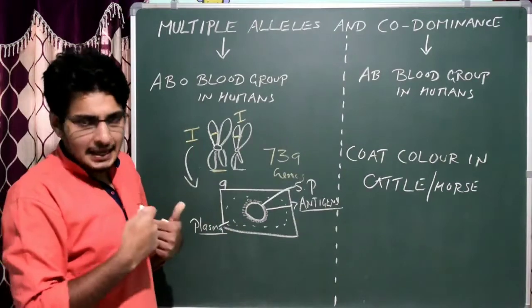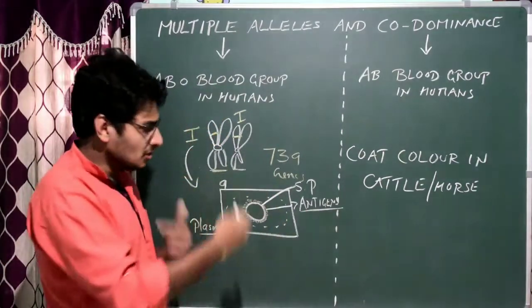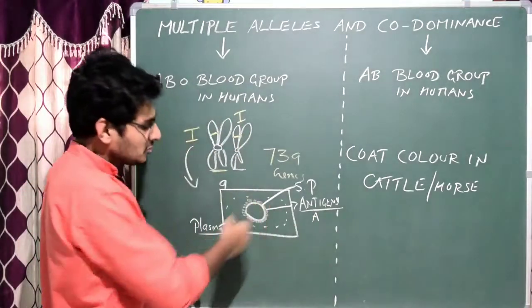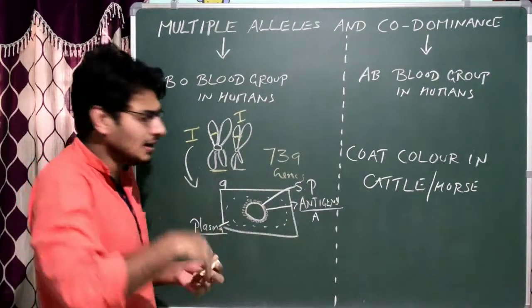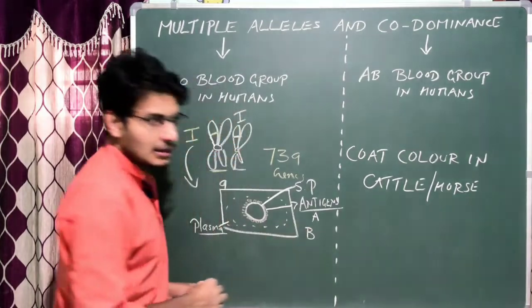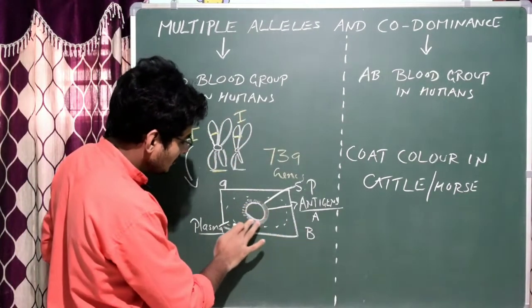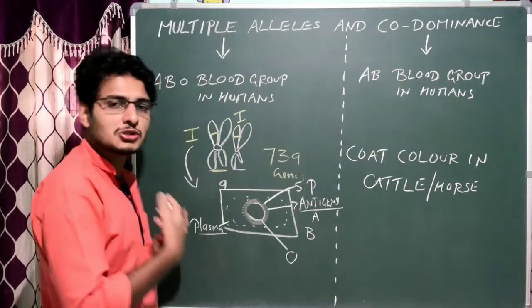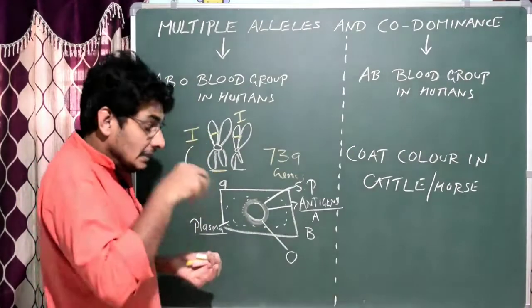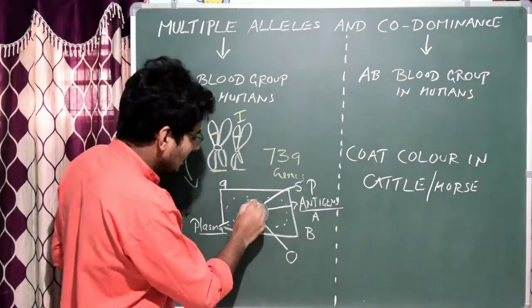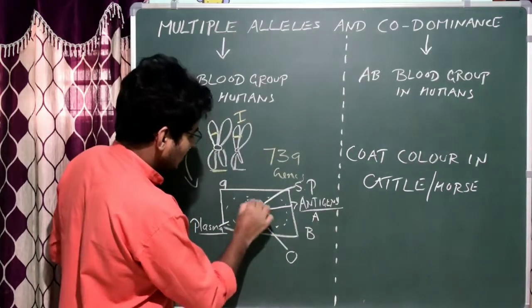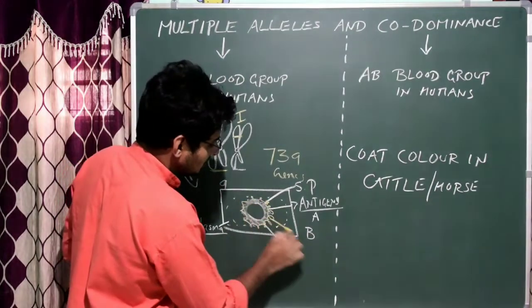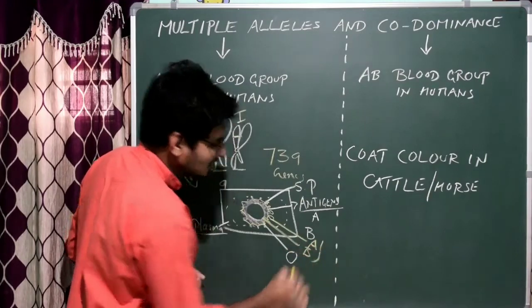If my blood group is A, it produces a type of surface proteins or antigens which is called A. If my blood group is B, then the surface proteins or antigens change, its protein is different and we call it B antigen. If it doesn't produce any surface proteins on its body, that person is O, which means there is no antigen on the surface of the RBC. If he has both types of antigens, antigen A and along with that antigen B, so A is also there, B is also there, then his blood group is AB.